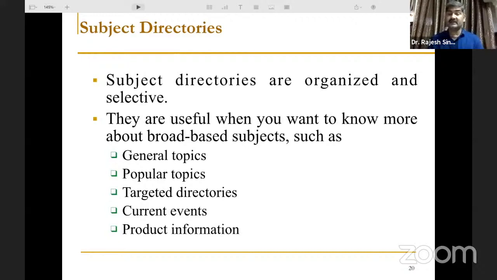See, the subject directories are well organized and they are selective. They don't provide whatever is available. They provide whatever is found suitable for a particular category, right? So in a subject like economics, you will have marketing, you will have planning, you will have labor. So different sub-subjects of the subject will be listed, and under each subject, you will find further categories of information